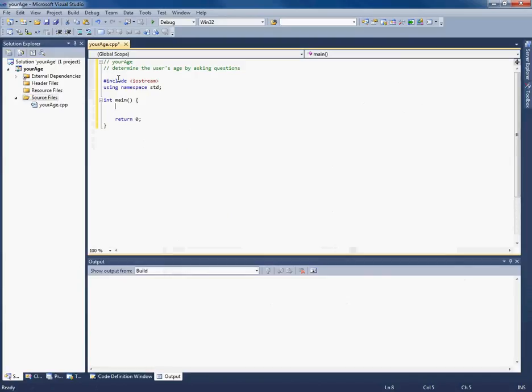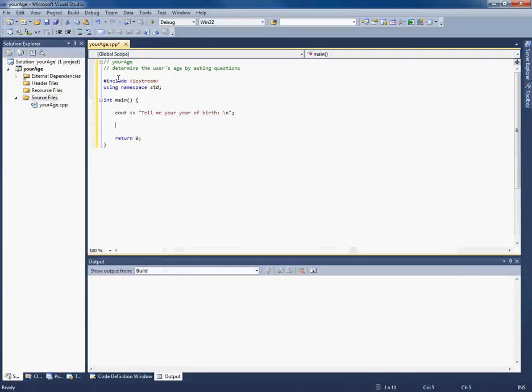Okay, so what I want to do in this program is ask the user to give me not their age. I mean, I could just ask for their age, of course, but I don't want to do that. I'm going to ask them for their year of birth, and then I'm going to work out their age. So first of all, I want to ask them a question. Tell me your year of birth. I can put a new line in, it doesn't really matter. Okay, so that's going to ask, tell me your year of birth.